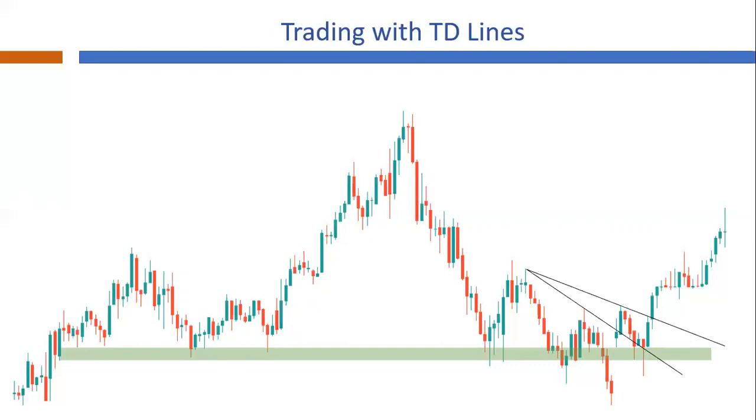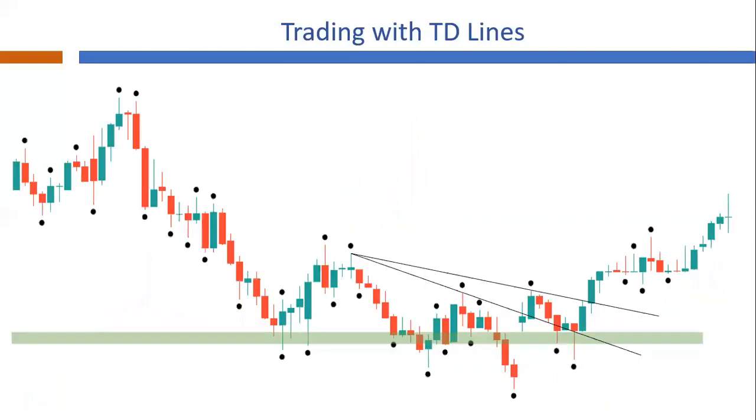Now that we have discussed TD points and TD lines along with a couple of trading methods, let's look into which TD lines are tradable. That is, which TD lines are to be considered for taking a trade. This is the same chart as we discussed previously. In this chart, I have marked all the TD points. We have coded this in the TradingView platform. You can search the same in public libraries under the indicators tab on the said platform.